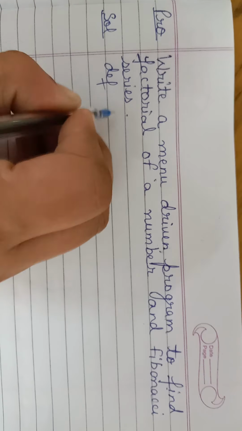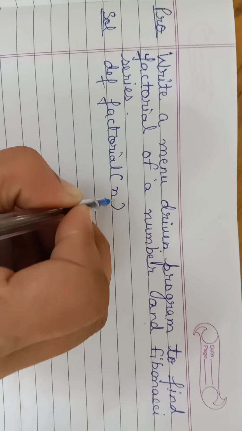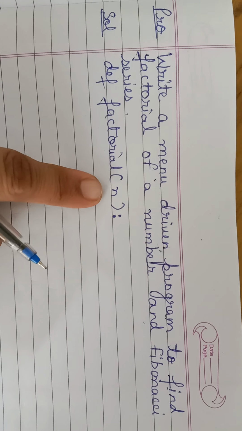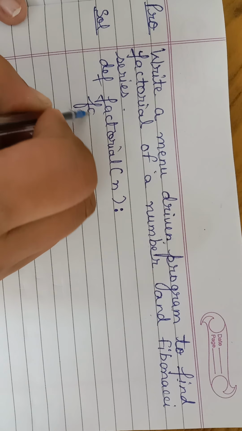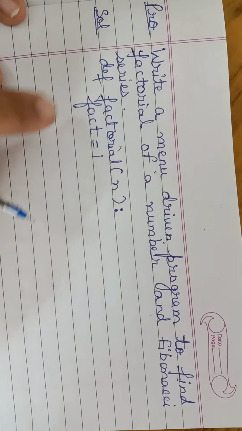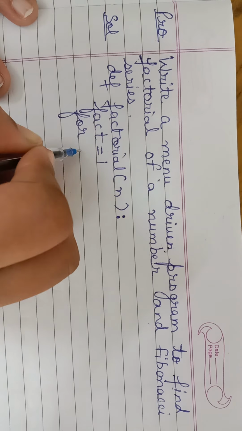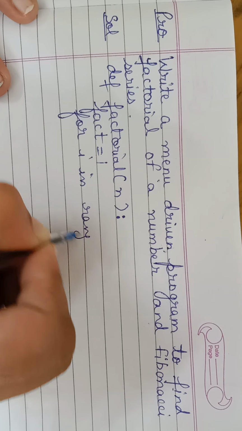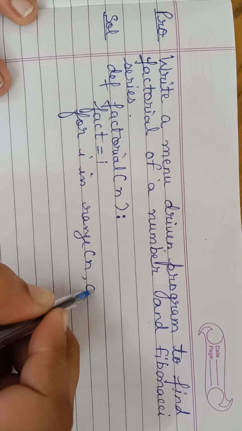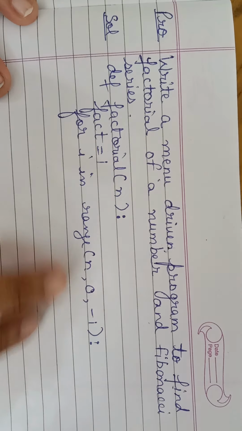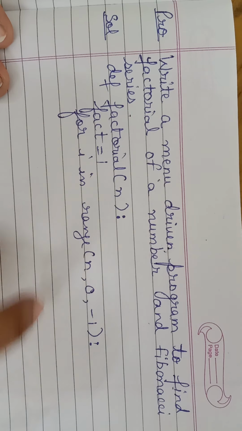So def factorial, and we are going to receive an integer argument in the argument list, for which we want to find the factorial. Now firstly we take a temporary variable fact as 1, in which we store the intermediate result. Now we are going to apply the loop: for i in range, and we have to start the loop from that number and continue it till 1, that is, range(n, 0, -1). We will traverse it in a reverse or backward direction, starting from a number and iterating until 1.